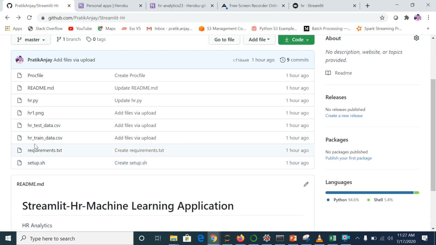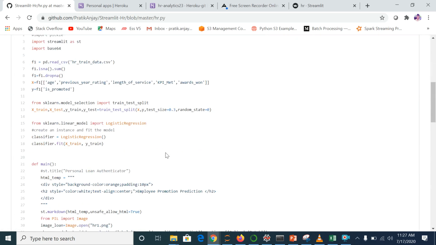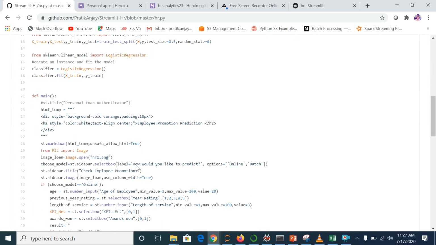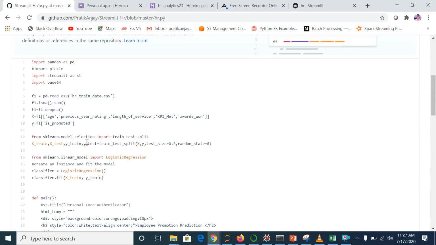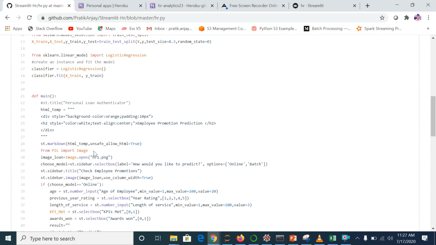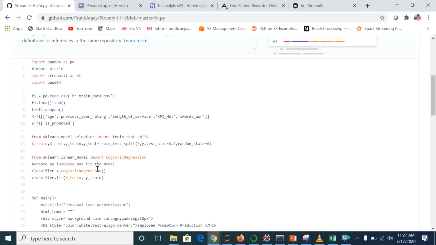And you have to also put your training data. You have to also put any images that you are using into the code. And in the hr.py file, wherever you are calling any data set or any images, you have to mark it as not local. For example, here I have uploaded my images in this portal. I will not be calling these images from my local repository. Similarly, hr data.csv, I have imported my file over here.